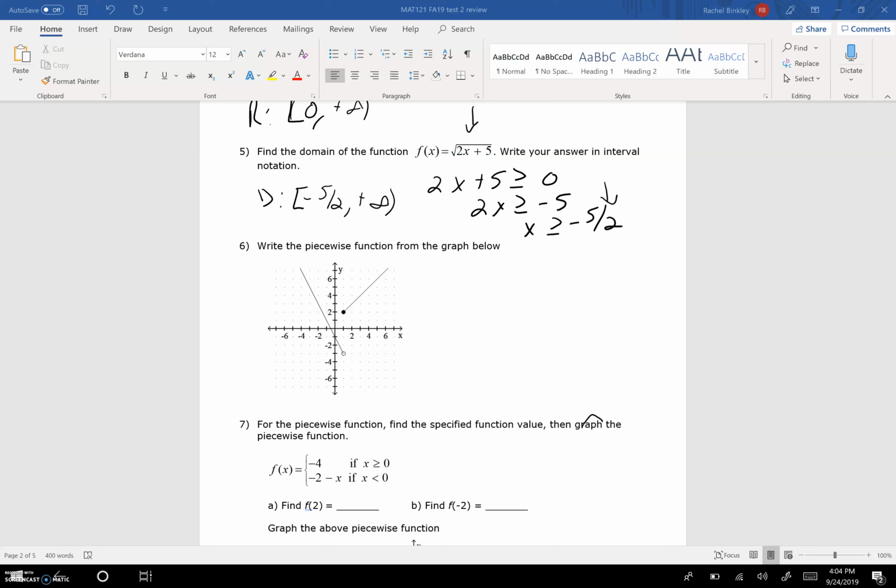So write the piecewise function from the graph below. The reason we have piecewise functions is because we have two very specific graphs in one function. So we're going to write f of x equals, and then we're just going to write two different ones. So one for,